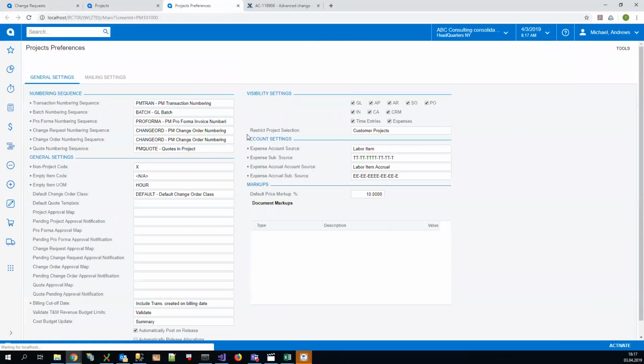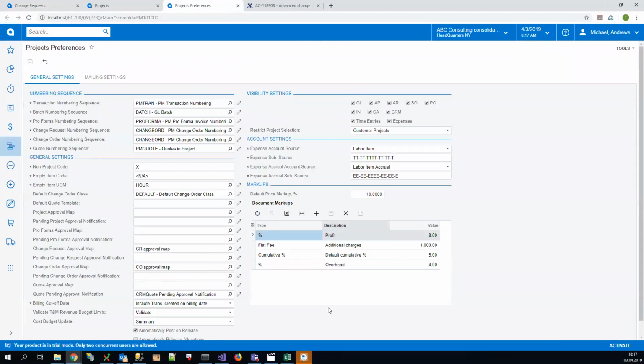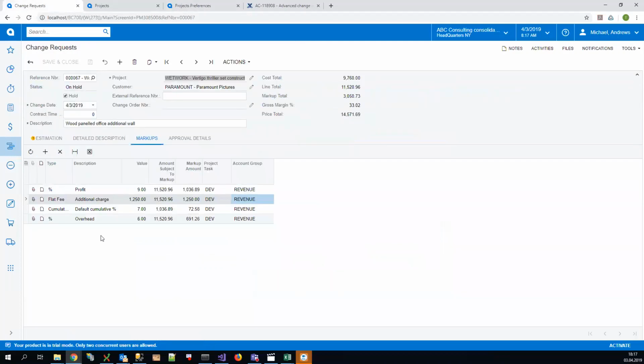So on the project preferences form, you can specify some default markups that will flow into each new project you create in the system. And within each project, you will have an opportunity to specify project-specific markups. The same is true for each change request in particular. For instance, we can increase the value for the profit percent, we can increase the flat fee amount or decrease it,